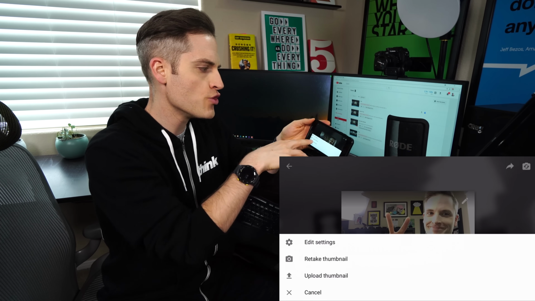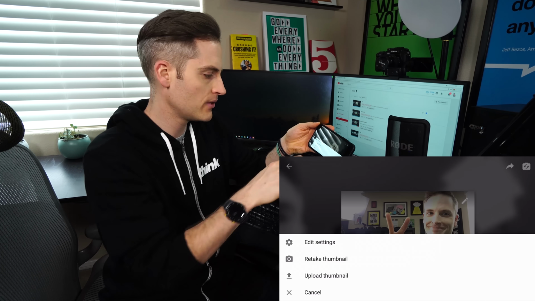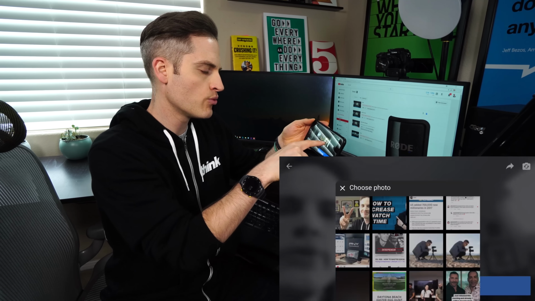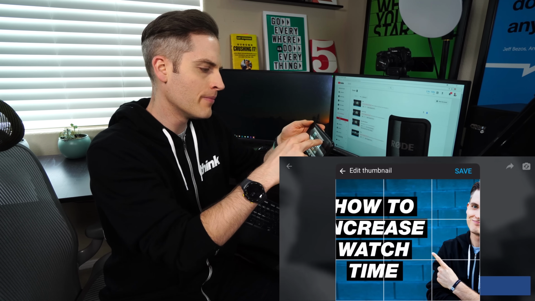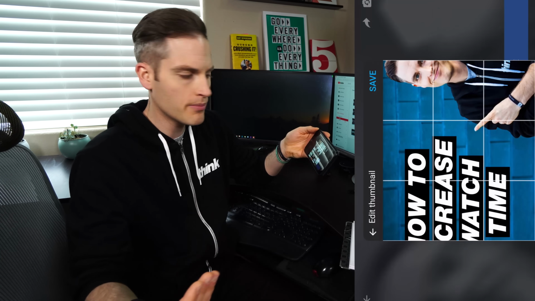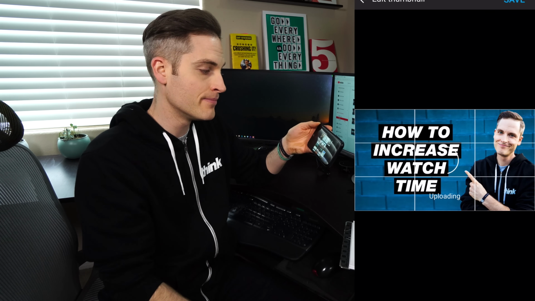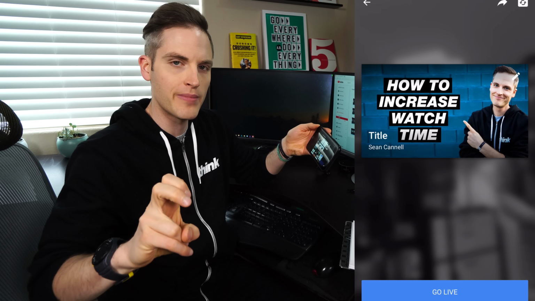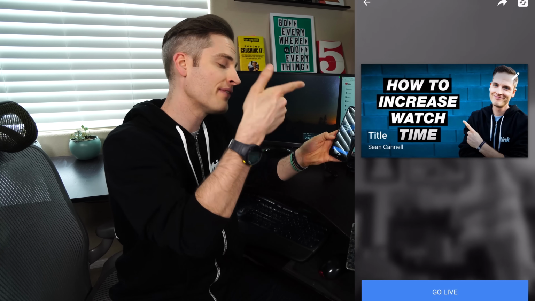or you can also click this pen icon and you could retake the thumbnail if you didn't like the first version, or you can also upload a thumbnail. And what's cool about that is maybe you've designed a thumbnail in Photoshop, which is pretty important to do. You can then just select that and upload that to have more of a pro thumbnail for when you go live. And then once you have everything set up, all you have to do is click go live,